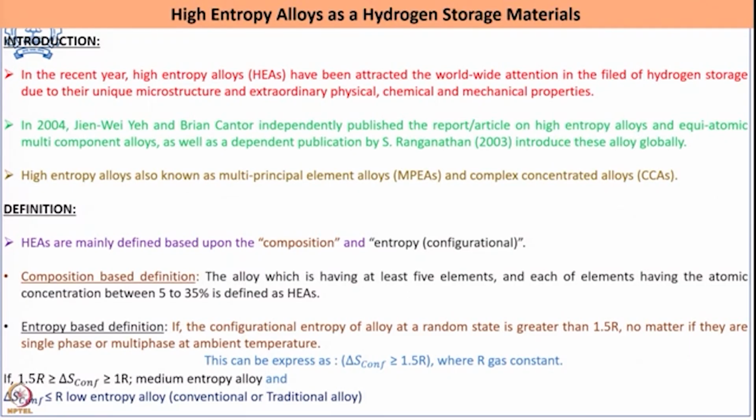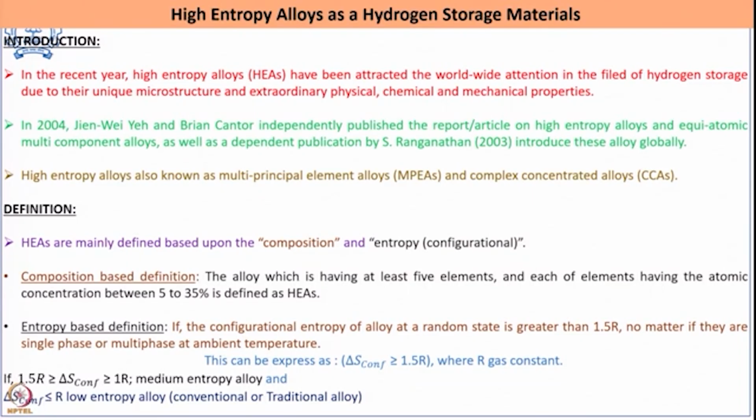However, there are several exceptions to the class of high entropy alloys, wherein the number of elements could be less than 5, or there could be several phases being formed, or there could be alloys which, rather than entropy stabilized, are enthalpy stabilized. So, there are different exceptions existing to this particular class of definition.